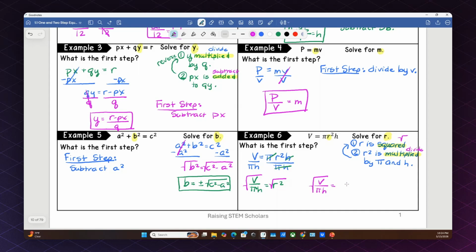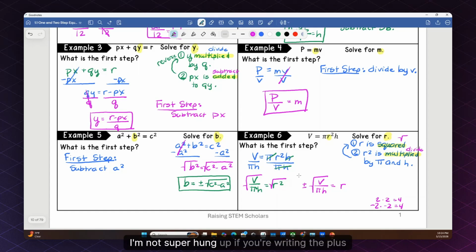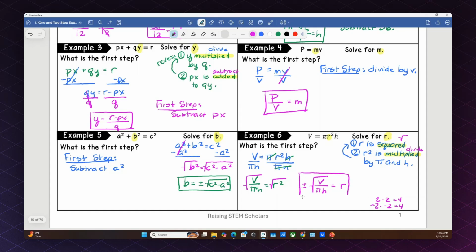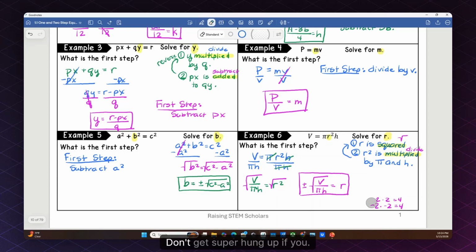equals r. And technically, we can put a plus or minus for the same reason that I showed you on the previous one, where, technically, when you multiply something like negative 2 times negative 2, that gives you positive 4, but 2 times 2 gives you positive 4 too. I'm not super hung up if you're writing the plus or minus right here with this. I'm just including it just because, but don't get super hung up on it